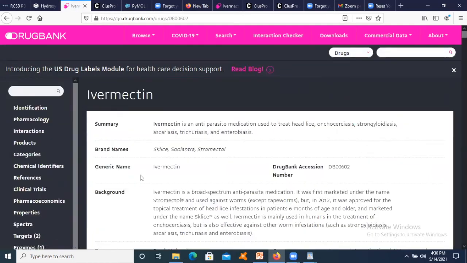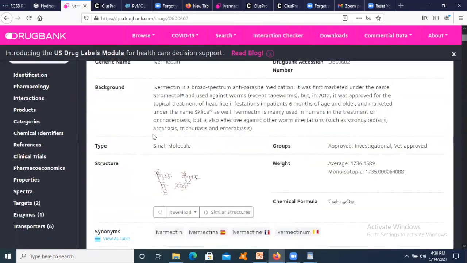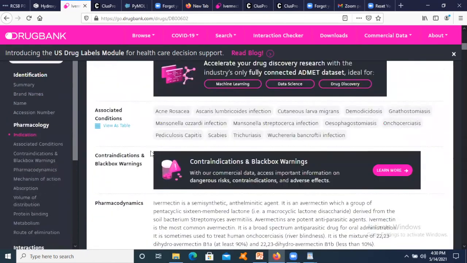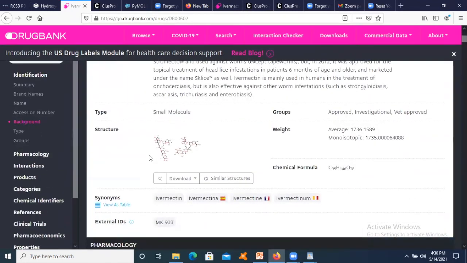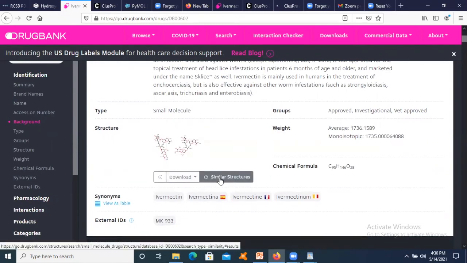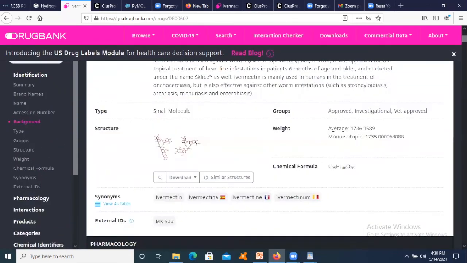We can see that it also has the structure. We can download the structure as SDF or PDB. Then we have information about its chemical formula, the weight of the compound, all the information is there.